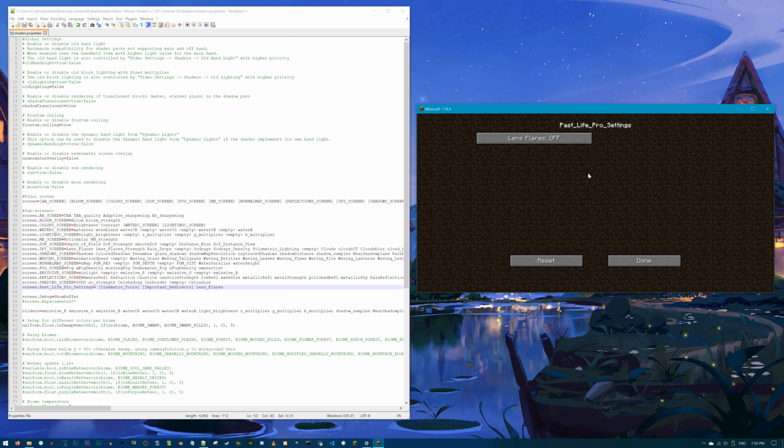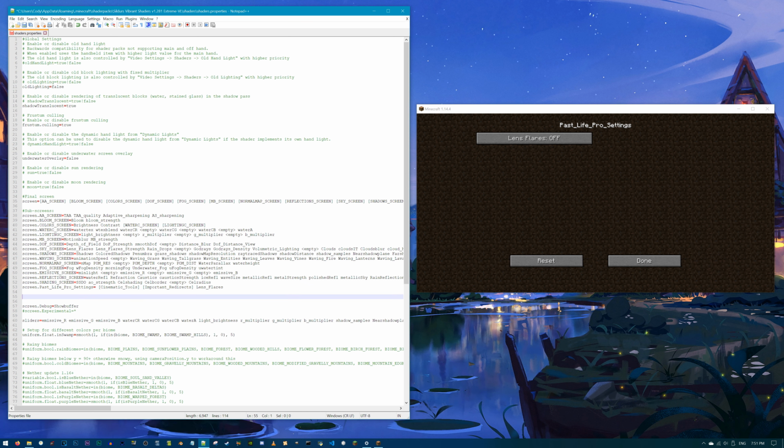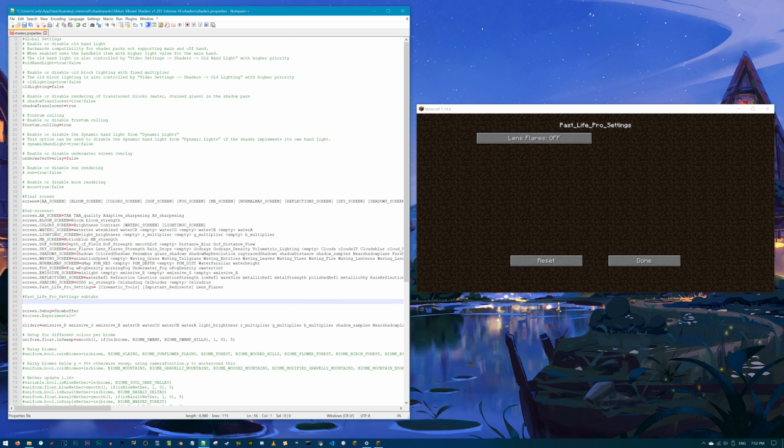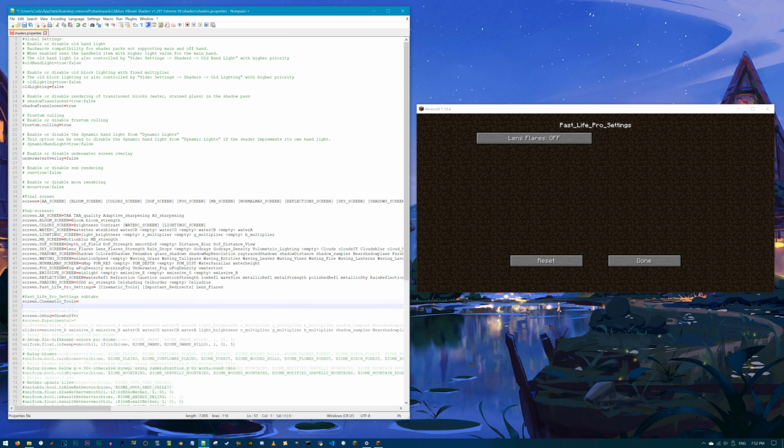respective screen.equals commands. To keep things more or less organized on my end, I'm going to create a comment, which won't be run by the shader, called #past_life_pro_settings subtabs, which will appear green in Notepad++. Underneath it, I'm going to add in screen.cinematic_tools equals and